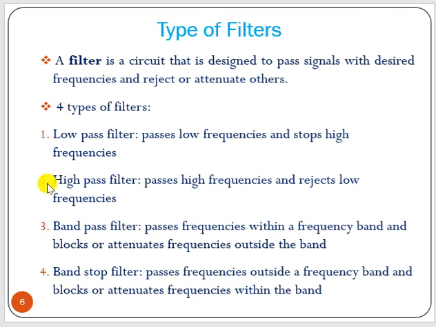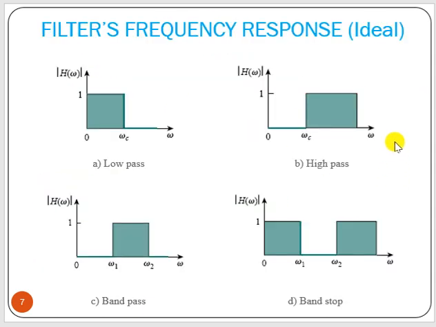Okay. Now these words can be represented by a figure. A figure is very important because one figure is worth more than 1000 words. So for the low pass filter, what we can see is the magnitude plot of H(j omega) and this is your frequency in omega. What we can see here is that up to omega c this value is high, and after that it becomes 0. That means it passes frequencies in the range 0 to omega c, and it blocks after that. So this is an example of a low pass filter.